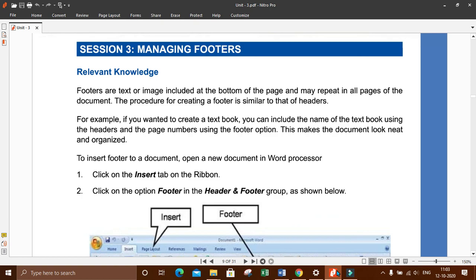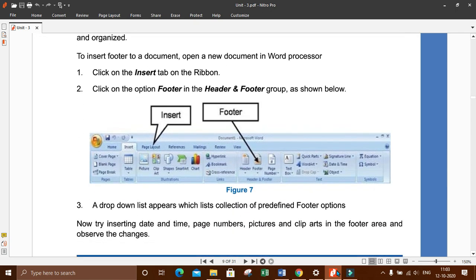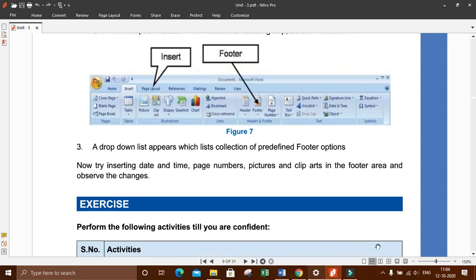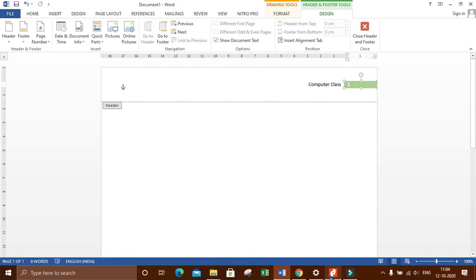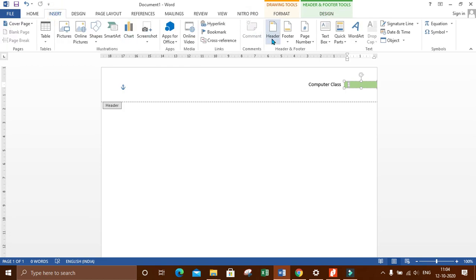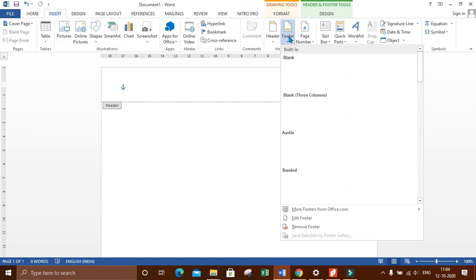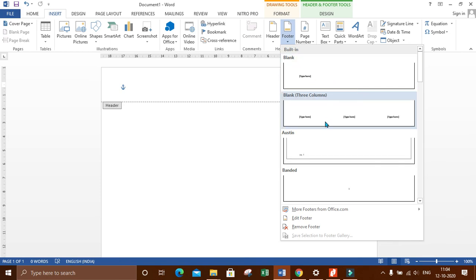To insert a footer, you have to follow the same steps as I mentioned earlier. See what you need to do. Go to Insert, and this time you have to go to Footer. So these are the footer styles you can apply.